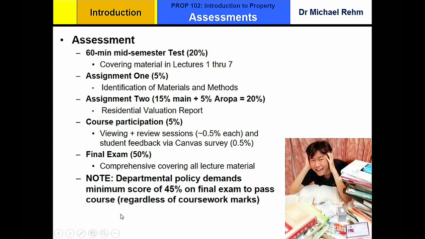Now, one important thing is the Department of Property policy on final exams: you have to score 45%. Last year was the first time we had that, and I had an essay question. I will do this in my test and in my exam, usually putting in one juicy, beefy essay question with a decent amount of marks compared to the rest of the assessment.